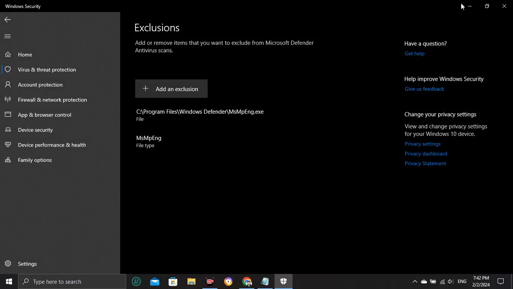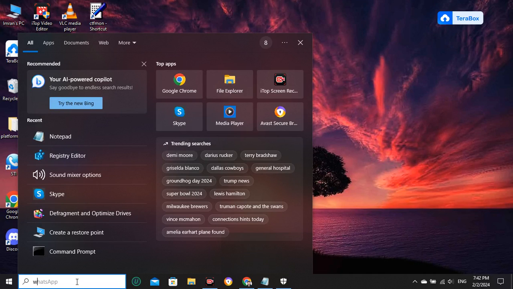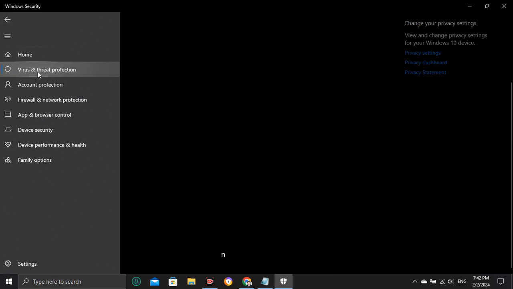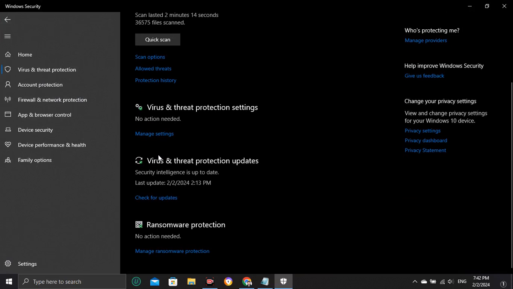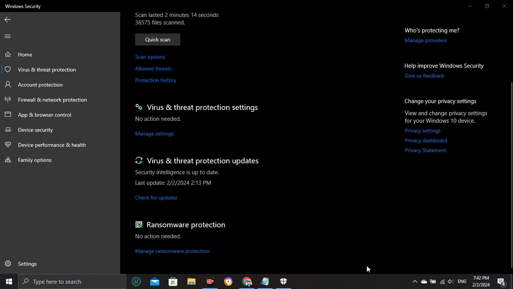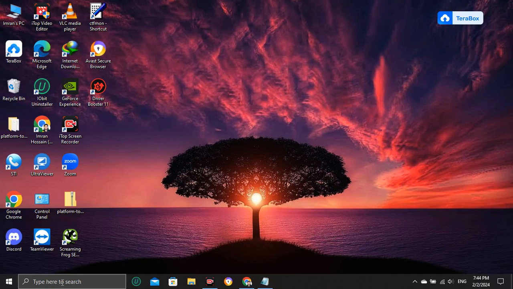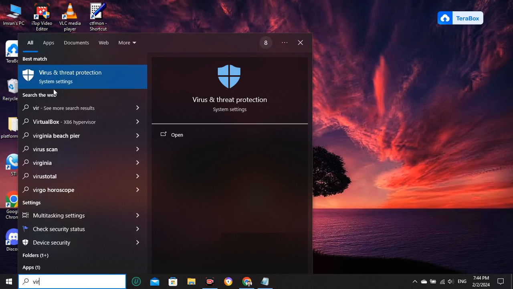If it still doesn't work, then you have to go here one last time for Windows Security. You have to turn off the real-time protection. Sorry, you have to go to Virus and threat protection, not Windows Security. I'm really sorry for this. Go here, Virus and threat protection, open,